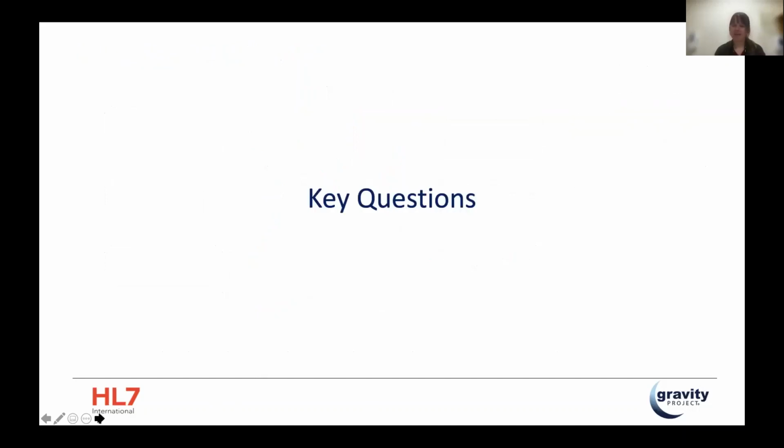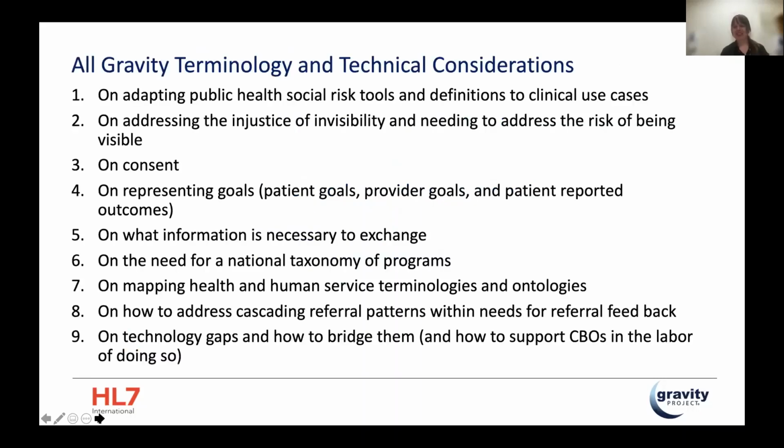Now on to some key questions, and then some success stories, and then questions from you. So key questions for us. I really just want to make sure that everything that I presented, which you can find on the Confluence, it probably was fairly overwhelming because what we do is kind of complex. There's some really important terminology and technical considerations that weave through everything that we do.